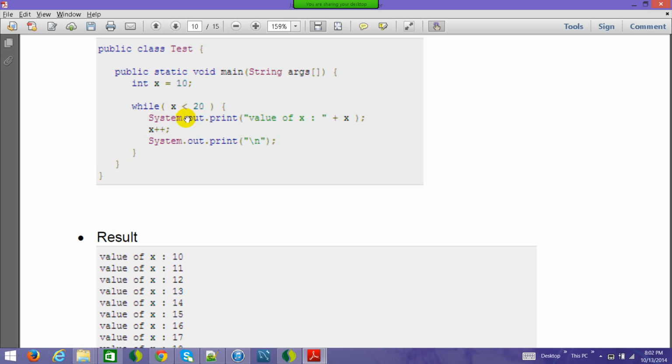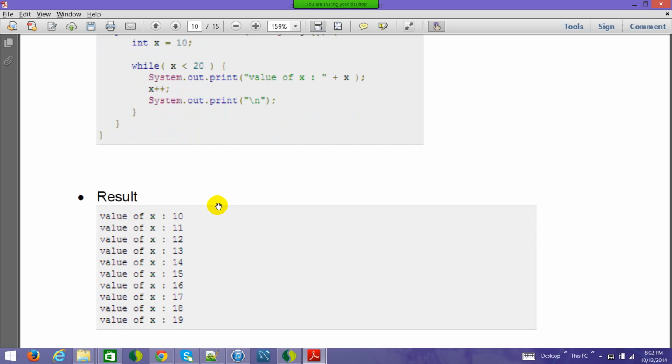So Java will not know when to stop it, so it will keep on printing it. While using such loops, you have to be sure that the data which you provide and the expression which you put here has to evaluate to false in certain circumstances. Otherwise, your code is going to get executed over and over again.